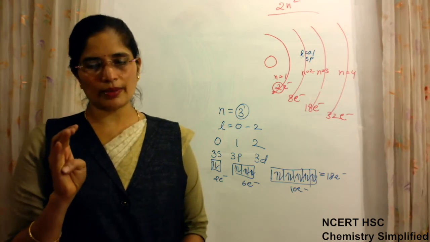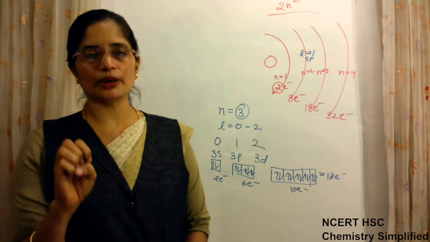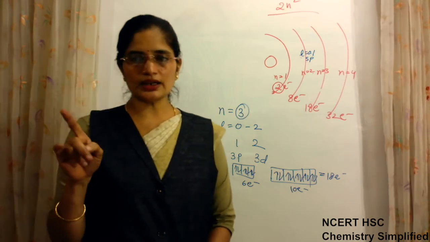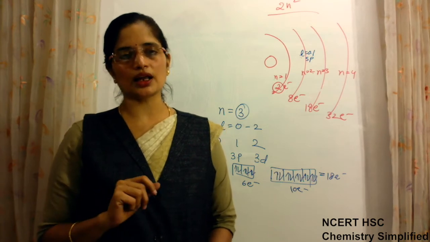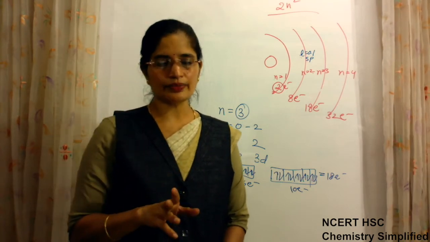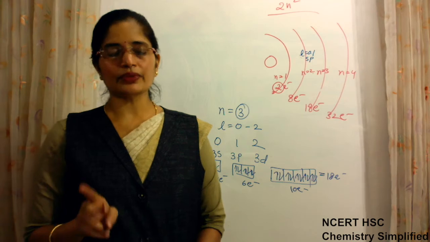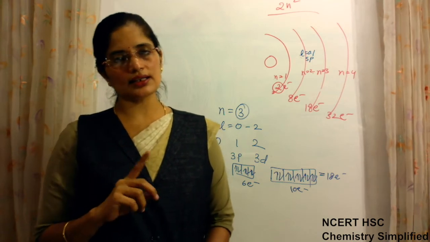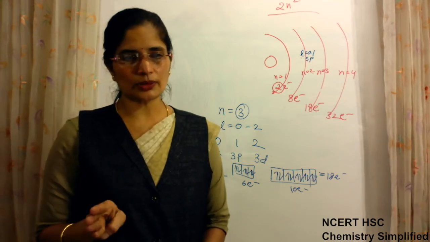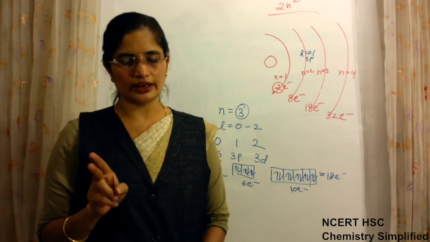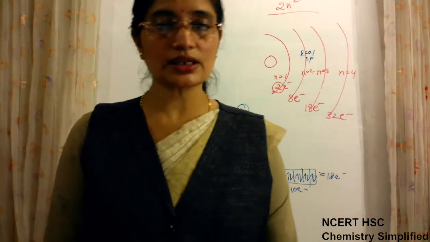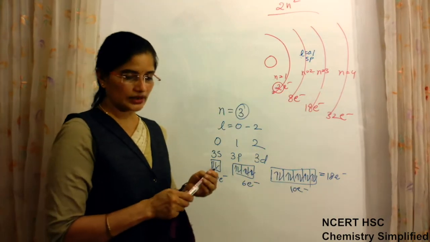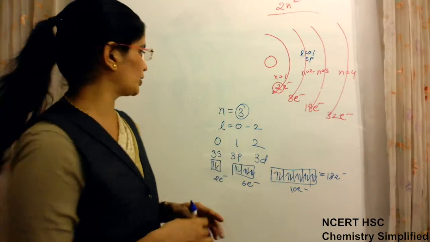Third thing which you have to remember is the number of orbitals in a particular subshell. When it is S subshell, orbital is 1. When it is P subshell, orbitals are 3. When it is D, orbitals are 5. When it is F, orbitals are 7. Okay, and each orbital can have only 2 electrons. These many things you will have to remember when we start doing filling of electrons. Right now we are finishing the theoretical part only.